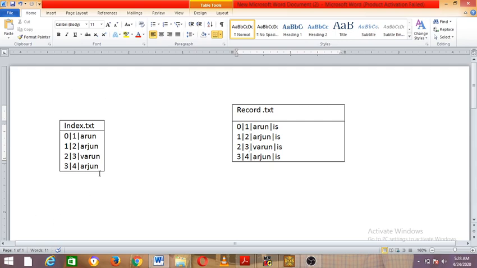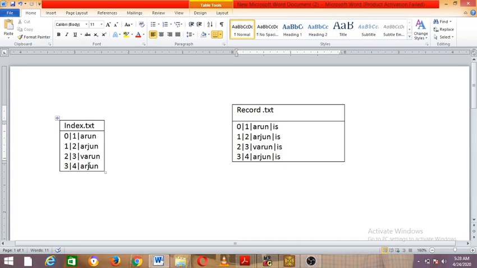Now coming to the index file, I'm going to create the index. These are the RN values 0 1 2 3. As and when you insert a record with an RN in the data file, you insert the same RN here also. These are the USN. With the USN I also need to store the name. Why? Because in the 5th lab cycle program we were searching based on USN, so in the index file we had only taken the RN value and the USN value.